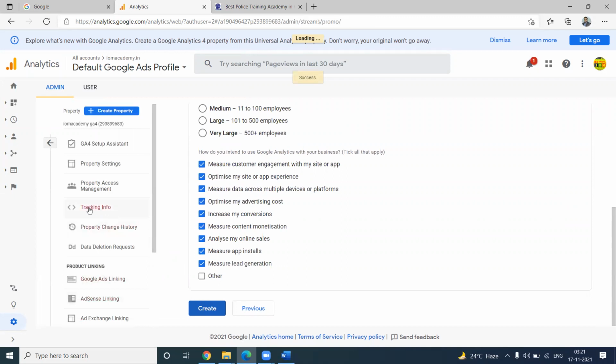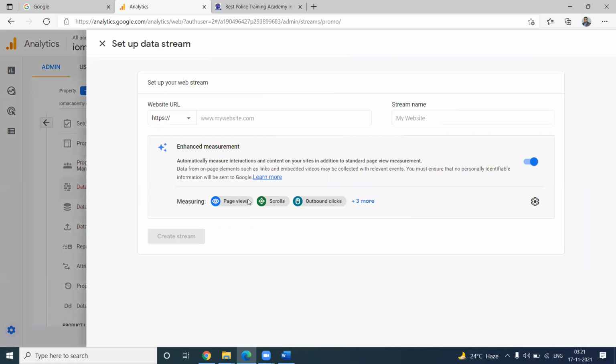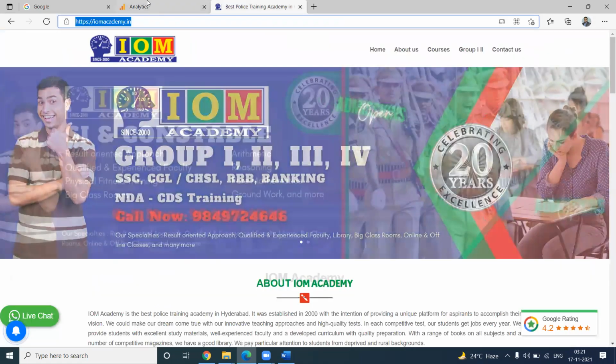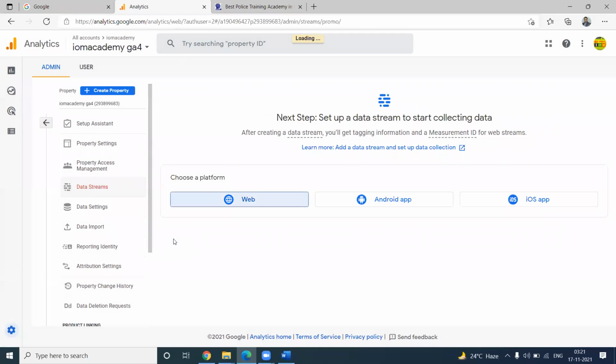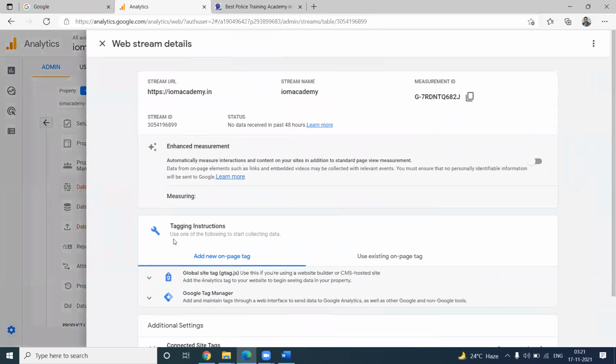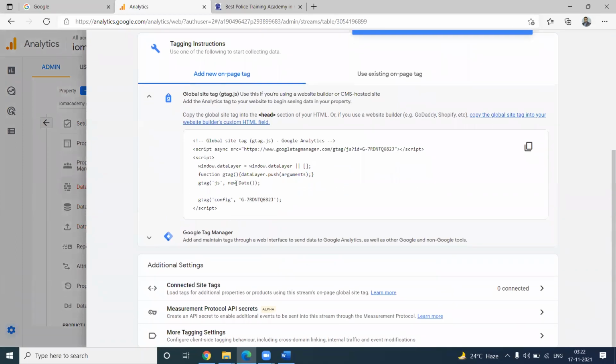Here we can go to the option, the tracking code will be here, the previous one. This is the data stream that will be shown to the particular customers. In this, we select the web option. Here we add your website link once again. This will be completely different for GA4. Select here. Website name, create stream. This is completely different for the create stream option. After this, we can generate one code. The code will be here.